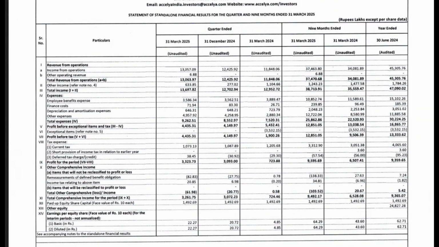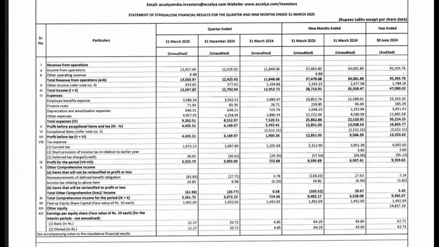Now, if we compare the 9 months, see the financial year for this company ends 30 June 2024. So basically, they consider their financial year to be from July to June rather than the normal April to March. So here, their total revenue for last year was 470 crore. If you take a round figure of 500 crore, its double would be 1000 crore, and then double would be 2000 crore. And that is what the company is selling for. So the company is selling for roughly 4 times the revenue.